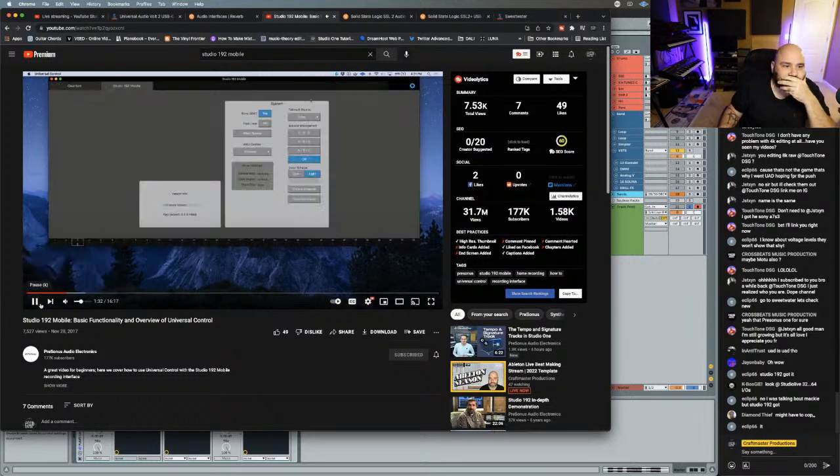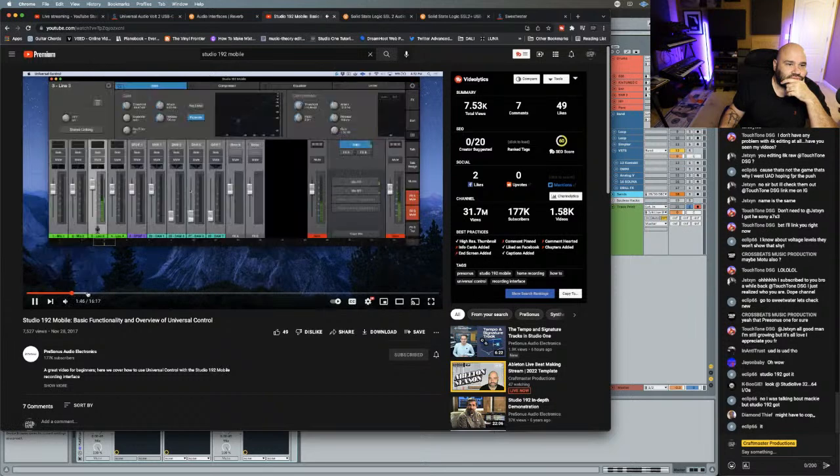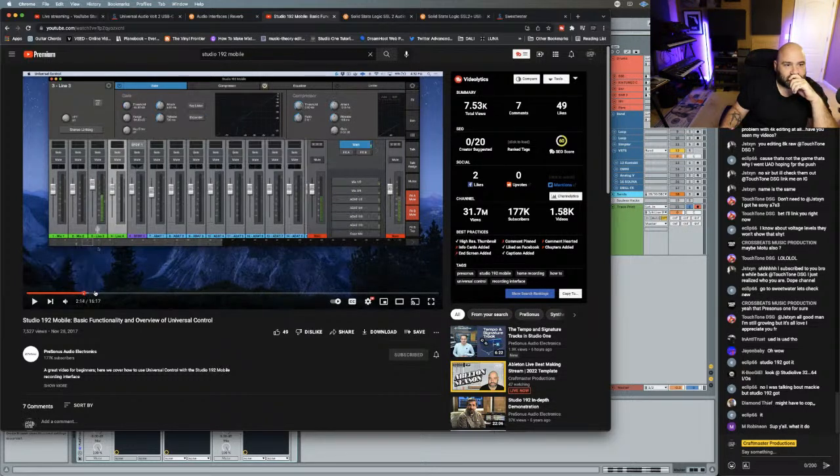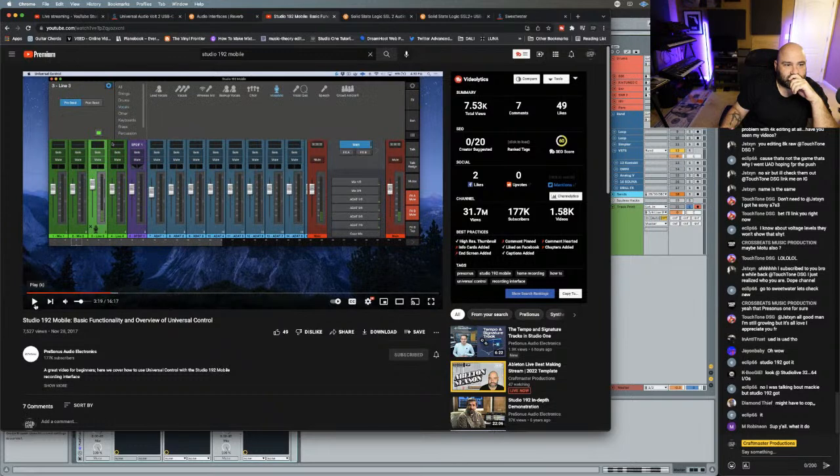Bro, my Paladin got 2 banks of ADAT. You can record on your mic channels using the gate, compressor, equalizer, and limiter. It's got reverb and delay you can have on there. This was dope.